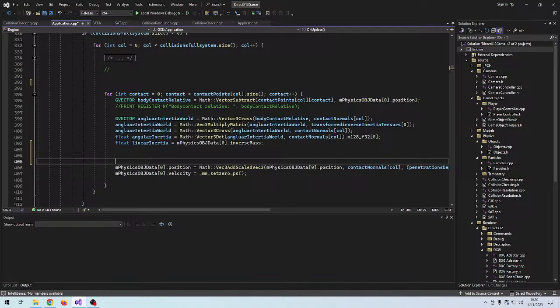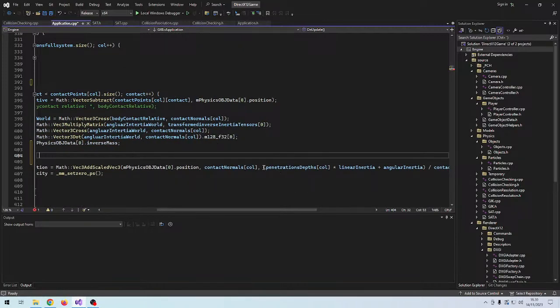Then we calculate the angular movement as the penetration depth